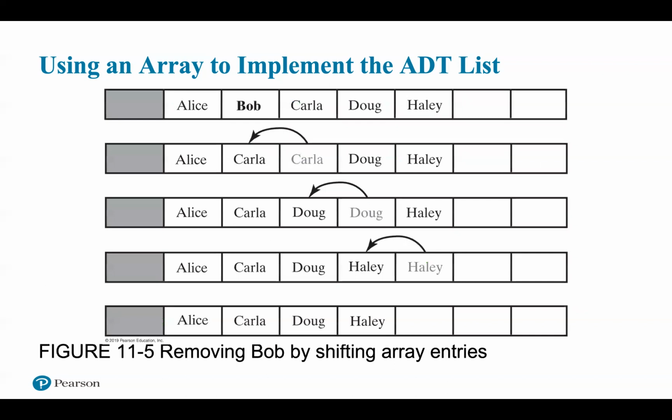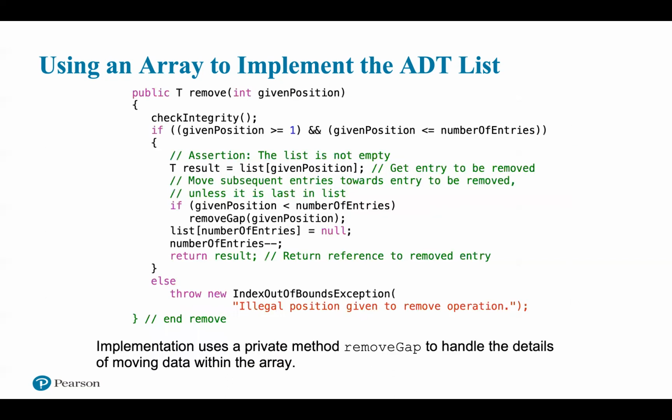So here we can also talk about the private method remove gap. The private method remove gap shifts the list entries within the array, as we're illustrating here in the figure, beginning with an entry after the one that is removed and continuing until the end of the list. Remove gap moves each entry to its next lower position. For the method remove,